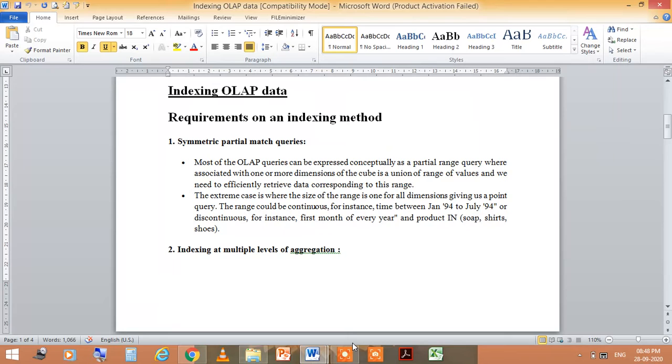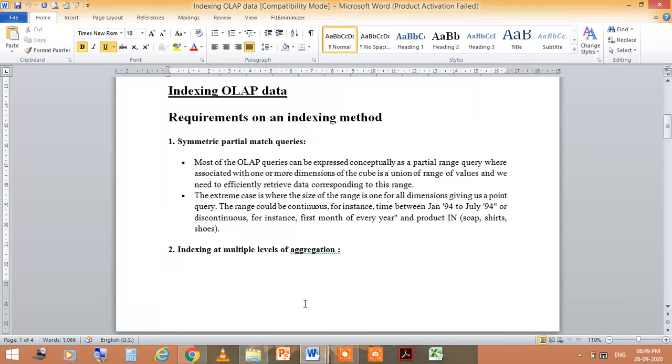The range could be contiguous, for instance, time between January 94 to July 94, or discontinuous, for instance, first month of every year, and product in shop: soap, shirts, shoes. So these are the symmetry partial match queries.